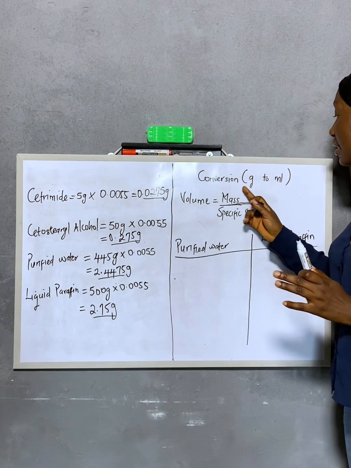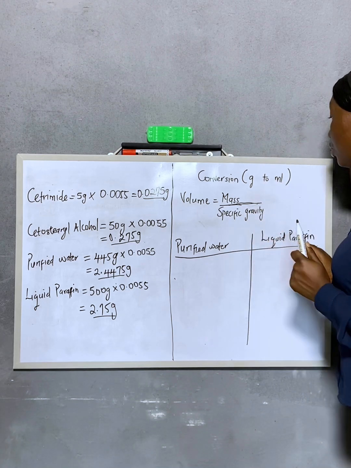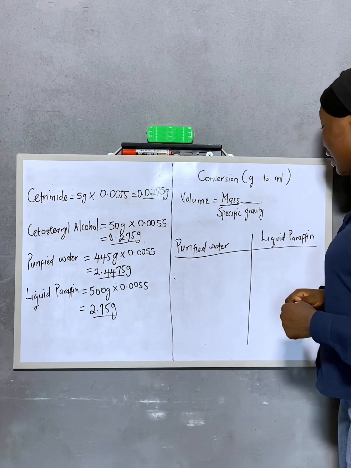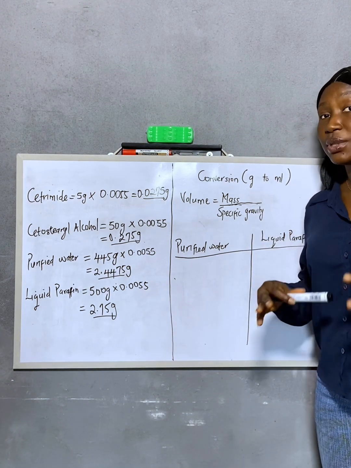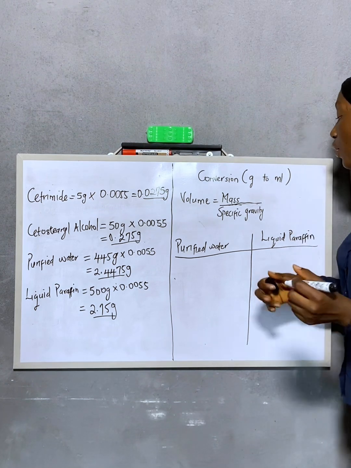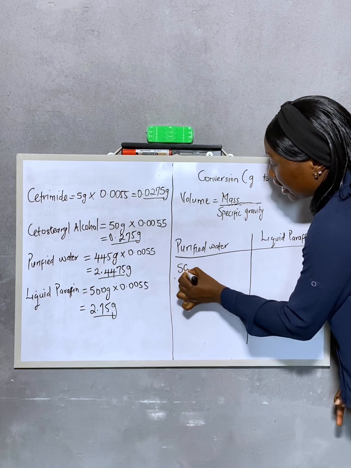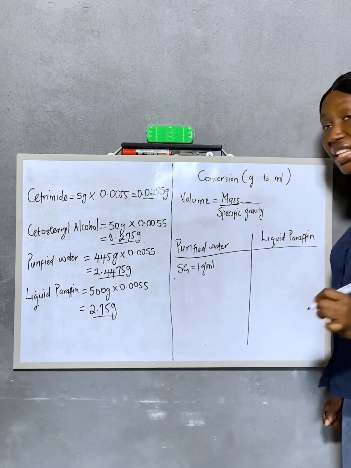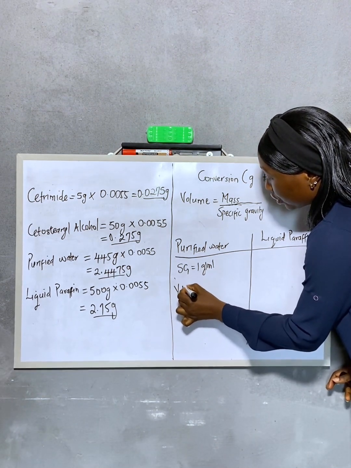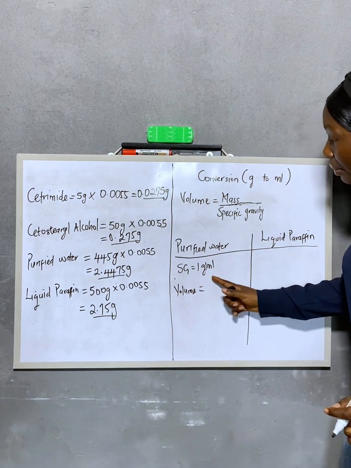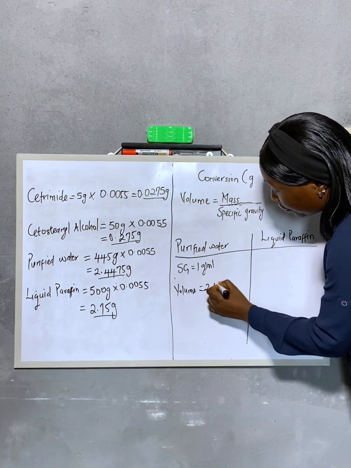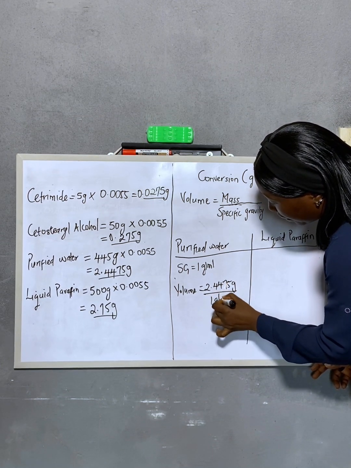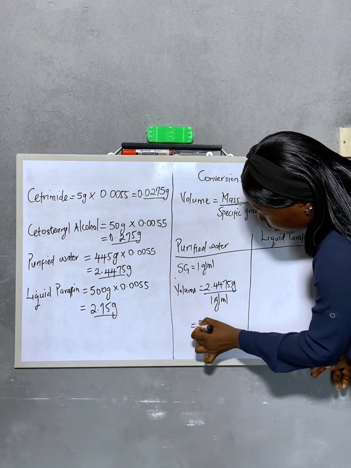You would have to convert from gram to mil. Now the volume is equal to mass divided by specific gravity. Now most times each of these ingredients have their specific gravity in the BPC. For purified water, specific gravity, SG for short, the specific gravity for water is 1 gram per mil. Hence, your volume will be equal to your mass, which is 2.4475 gram divided by 1 gram per mil. Hence, you have